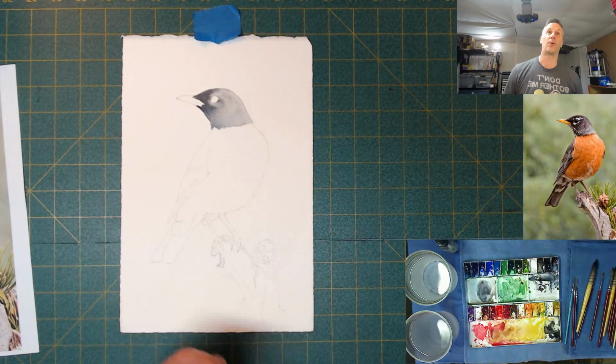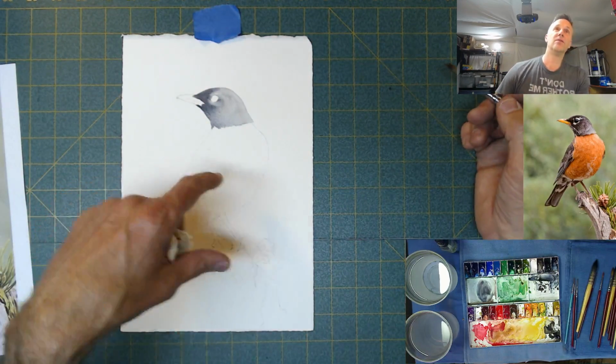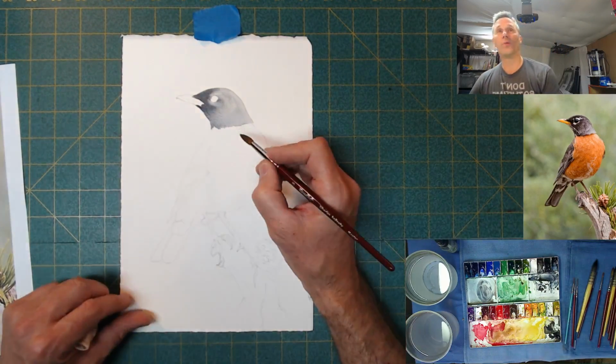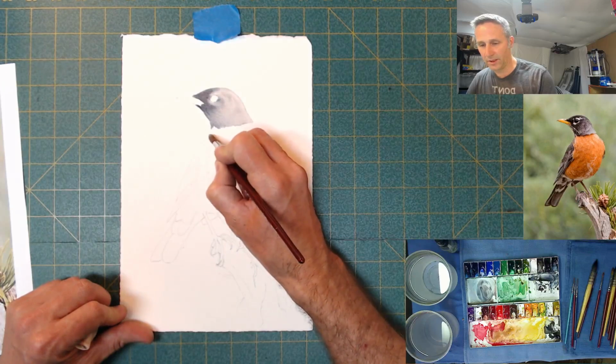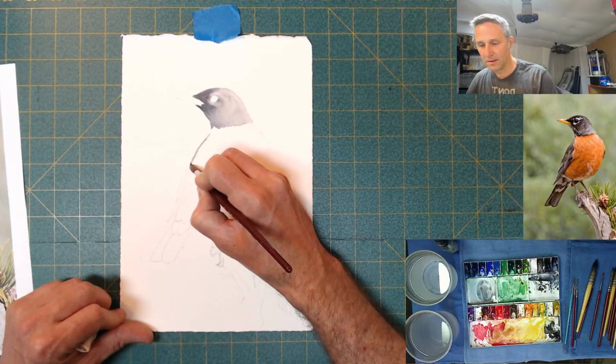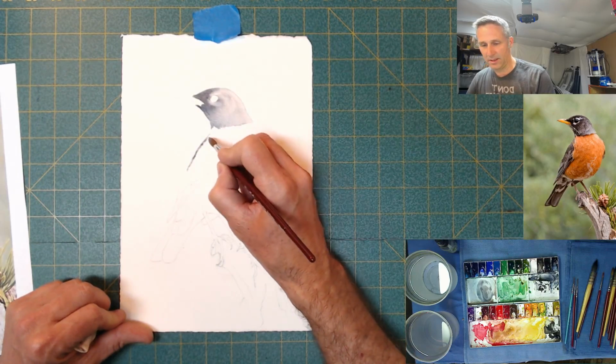And since I've got this gray, and he's got these wings here, let's just go ahead and do a little bit on these wings too, huh? See what we can do here. They start up here somewhere and come down, and